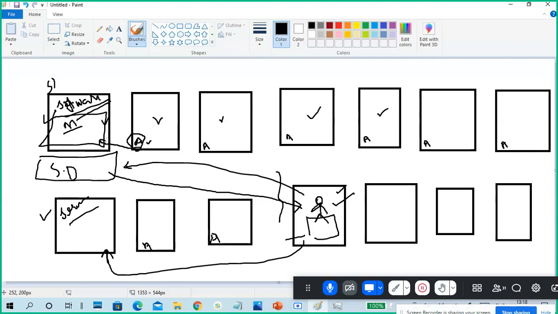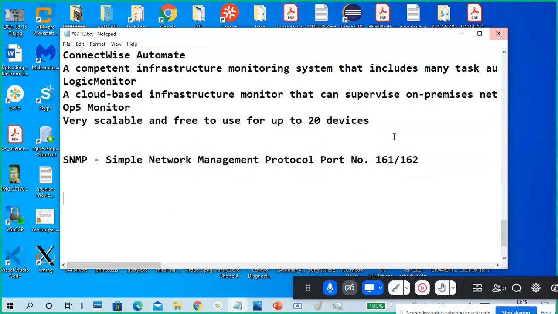These agents will send data to your main server, the central server. The main server collects the data from the agents, and they will put it on a screen. Very simply, we can get the data from agents, so centralized monitoring is achieved. That's why we use SNMP and SNMP traps. Trap means data from client to server.